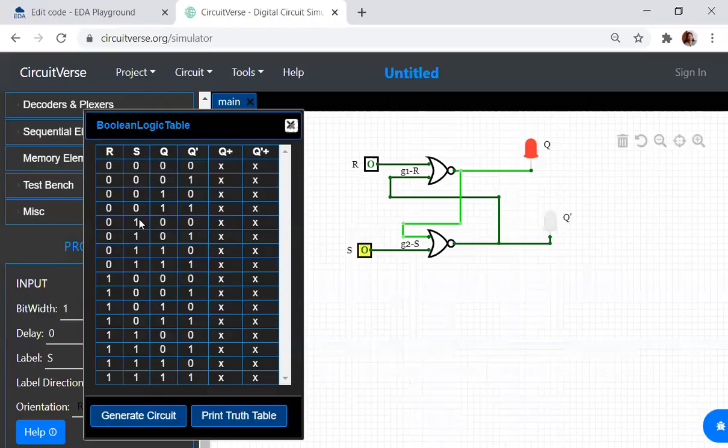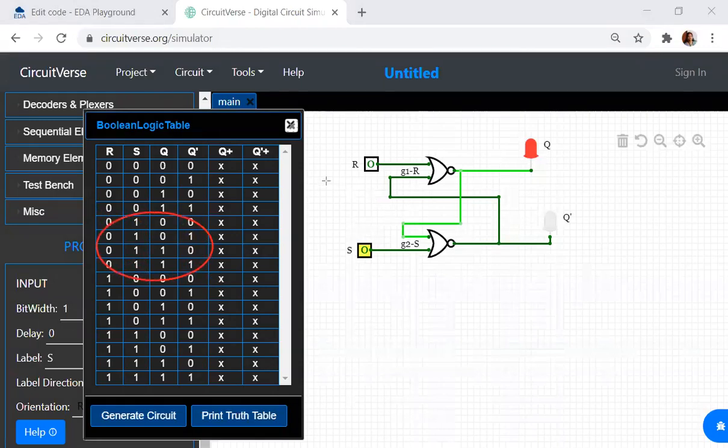Let me go to the combination. I'll leave the combinations with R and S 0 0 and R and S 1 1. I'll go to the combinations with RS is 0 1 and RS is 1 0 first. So first I'll address the combination RS is 0 1. That means these four combinations.